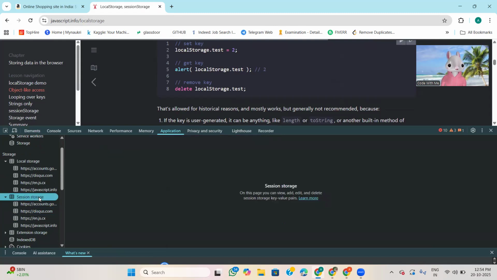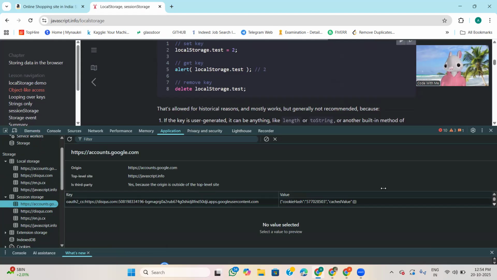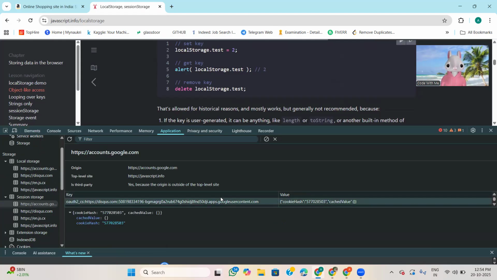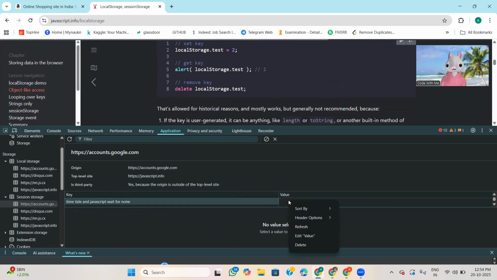Okay, so if I try to add something here, yeah, if I edit something, time, type, JavaScript, wait for none. Okay, here I gave, and here I gave true.